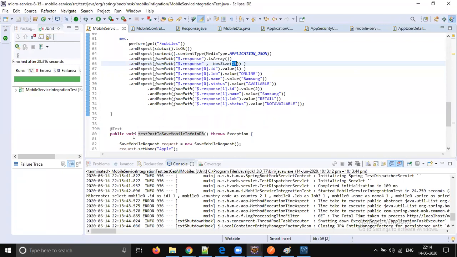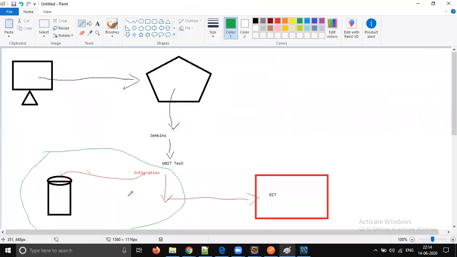If any developer makes a code change and something is breaking, some test case will fail. So we should not allow that user to push the code into the valid working branch, right? You should check why that is failing and fix the issue, and only then push the code. So we should have a proper life cycle and a proper mechanism in our microservices. This will help us to do proper automation, right?